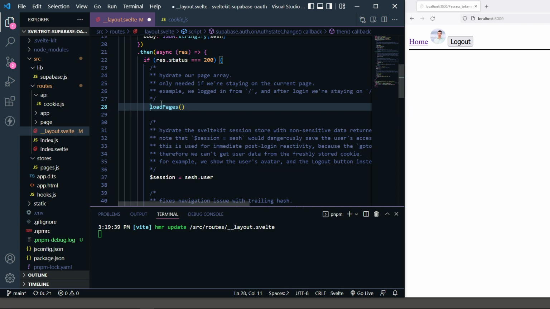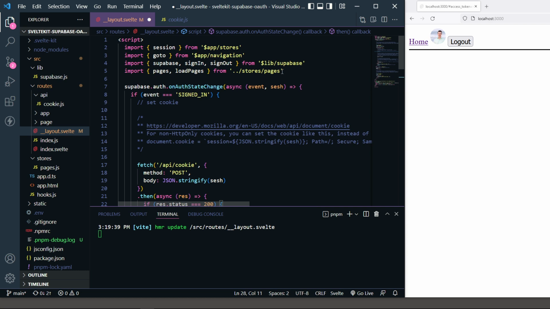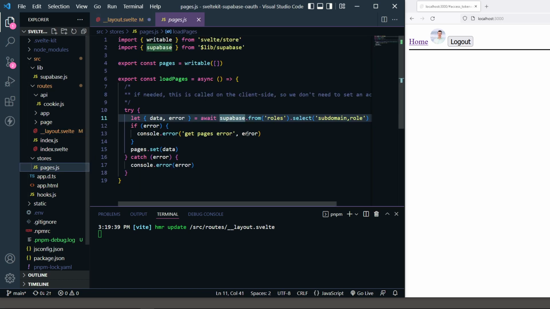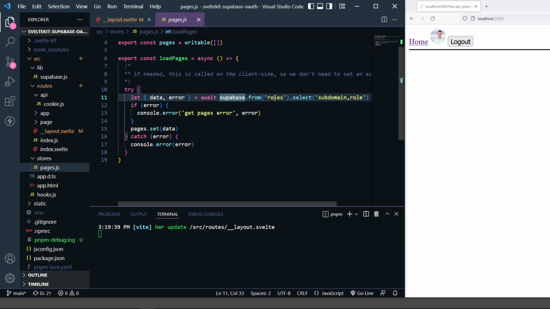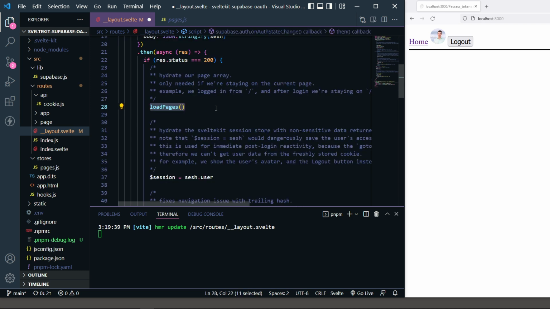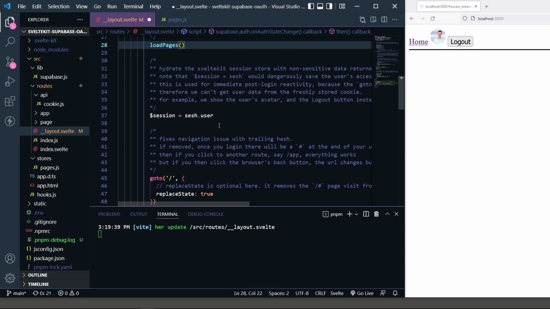And I'm doing that through the load pages function, which I'm bringing in as part of the pages store itself. Nothing special in that. We can take a look at it, but we're really just making a request to Supabase. This is client side. We don't need to do anything special here. Supabase grabs the auth token from local storage in the browser and does its thing. So we use this to hydrate our information only after somebody's logged in. It never really runs again at this point. We hydrate the session, SvelteKit session store, with this information, and part of that is grabbing information for the avatar